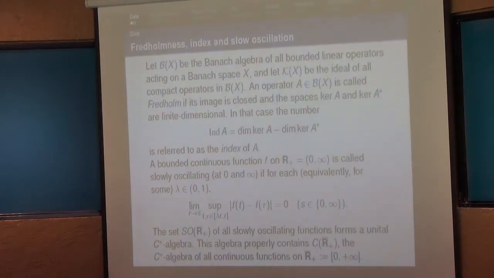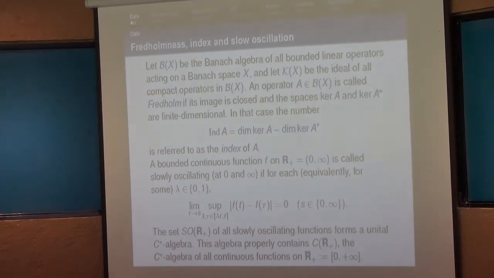special or dual variables. Let B(X) be the Banach algebra of all bounded linear operators acting on a Banach space X, and let K(X) be the ideal of compact operators in such algebra. An operator A in this algebra is called Fredholm if its image is closed and the space of its kernel and kernel of the adjoint operator are finite dimensional. In that case, the difference of the dimensions of the kernel and cokernel is referred to as the index